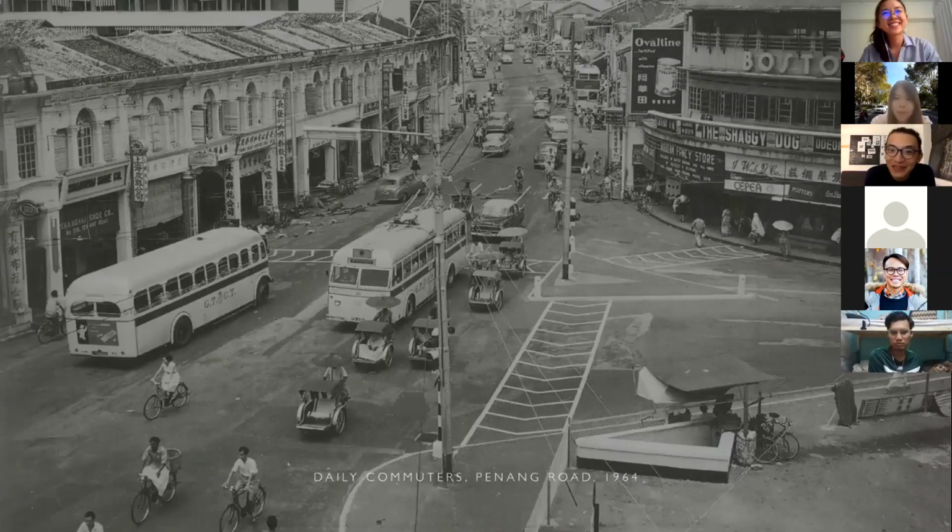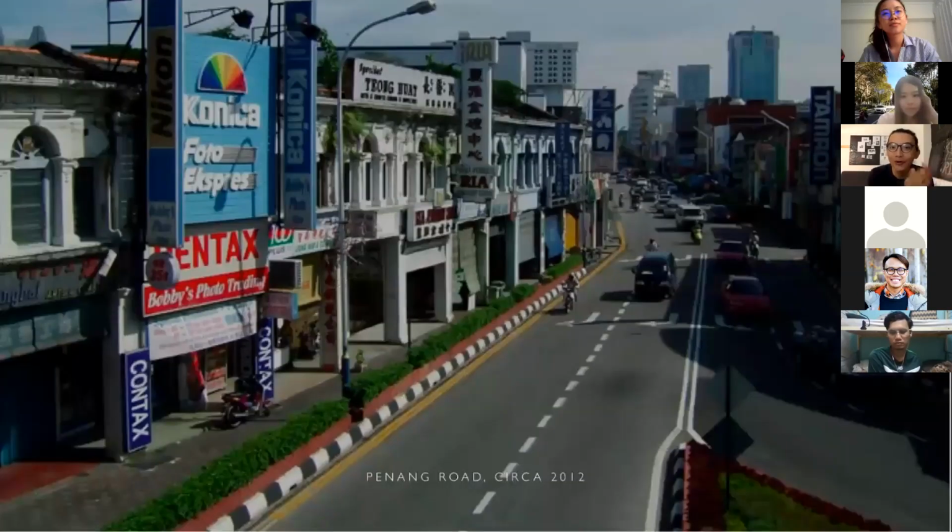And then right beside, a beca, you can ride on a beca, and people are cycling and walking on the streets. So if you look at the street, this is probably the ideal that we're trying to reach at the moment. But this was in 1964. Very interesting. And of course, how urban planners foresee how the road should be built. This is exactly what it is now, 2012. It's still the same. You have a lot of segregation now. Motorized vehicles have space on the road, and people who don't will be on the sidewalks and so on. So you start to see a segregation coming into the planning.